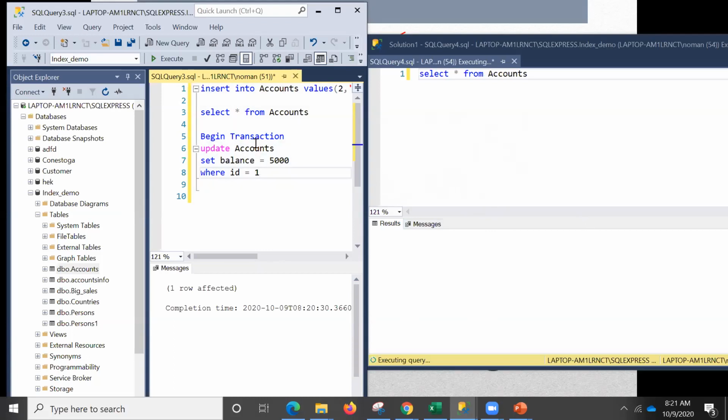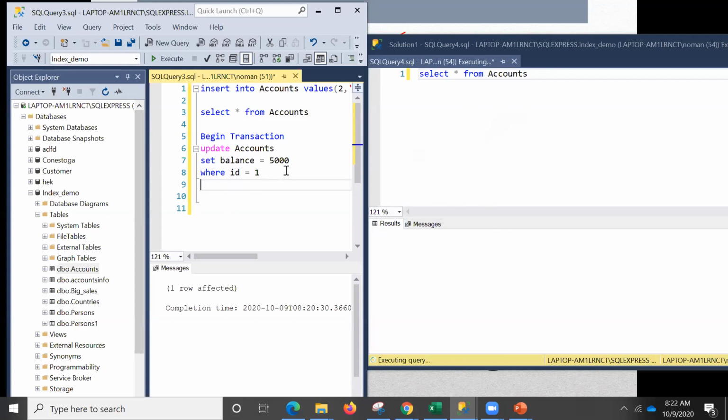We have begun the transaction, and we are updating the accounts table, set balance equal to 5,000 where ID is equal to 1, and we have already done it. It has already updated that account. But here what is going on is that I am unable to run my query. Why? Because this has been locked by this.